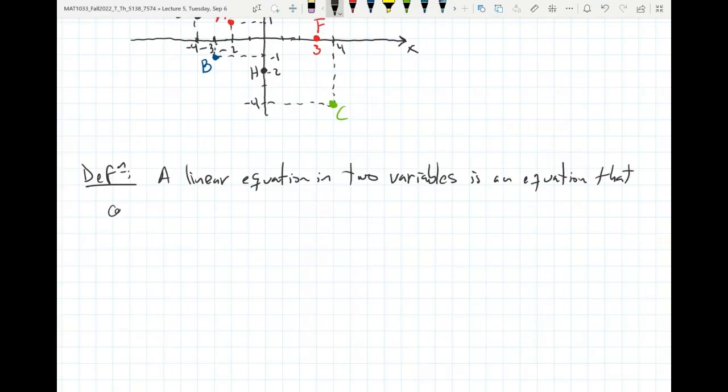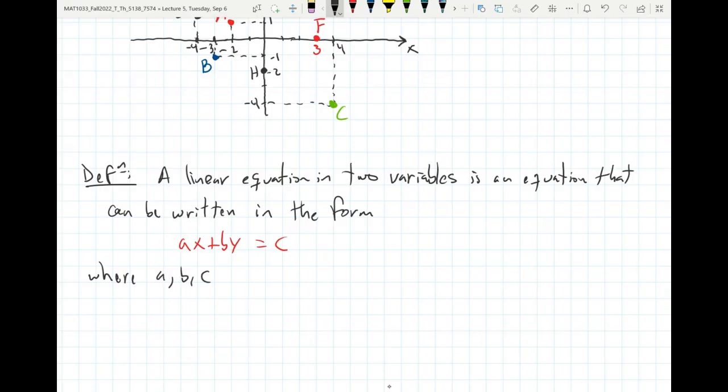that can be written in the following form. That can be written in the form ax plus by equals c, where here a, b, c are real numbers. The only variables here really are x and y, okay? And then the condition is that both a and b cannot be 0 at the same time,